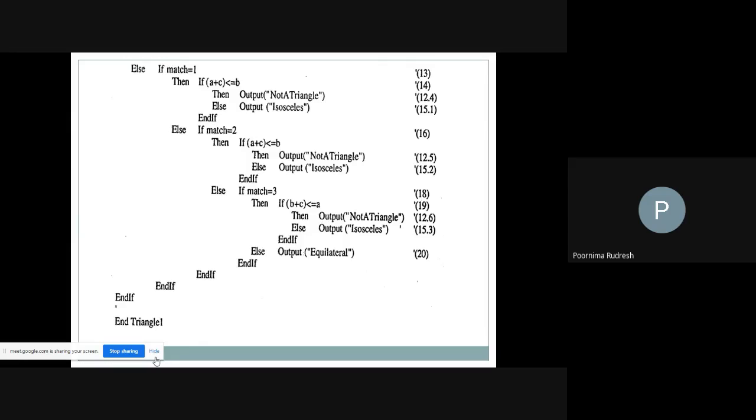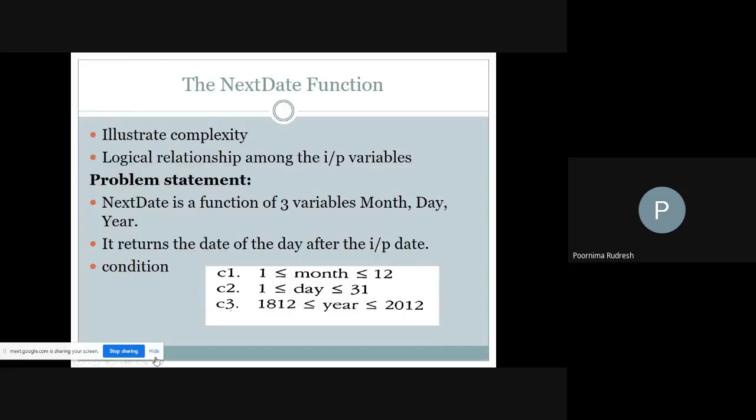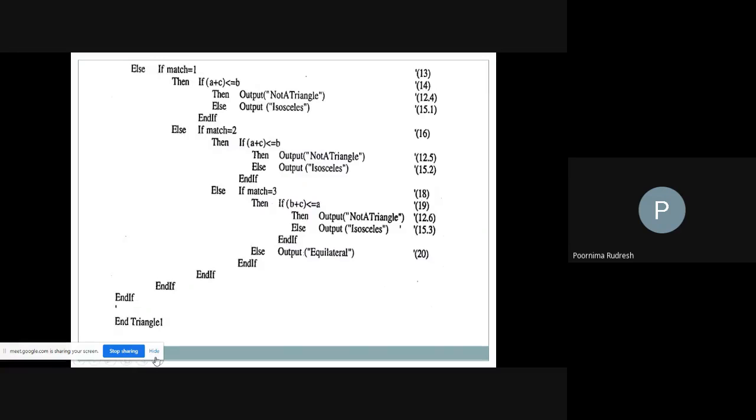So this is the pseudo code for the triangle problem using the traditional approach as well as the structural approach. There we have considered the basic version of the problem and the improved version. In the basic version, we have considered only the ABC values and directly enter them, no limit is given.